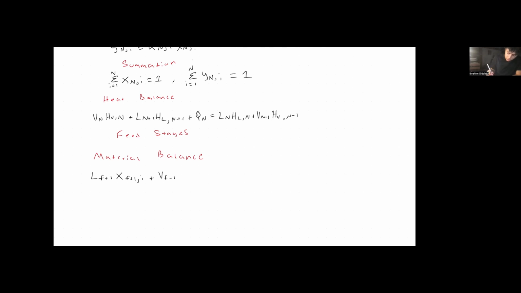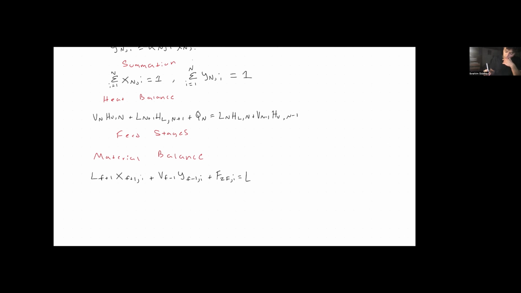Essentially, when we look at this specifically for feed, it's a little different, but F minus 1 is going to be referring to above the feed, like the stage above the feed, and then F plus 1 is going to be below. So it's a little bit tricky, but just something to keep in mind. All right, so this is going to be multiplied by our vapor composition at F minus 1 at component I plus our total feed multiplied by our composition of our feed at component I. And then this is going to be equal to our